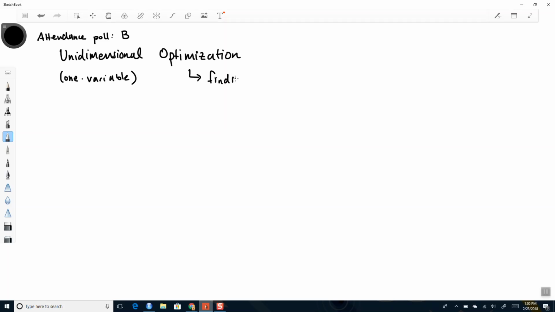is all about finding a local, let me have your attention, please. A local minimum or maximum. So optimization is all about trying to find where there is a local minimum or maximum in a function. And we will start this off with functions of one variable. Okay? So, some applications of unidimensional optimization